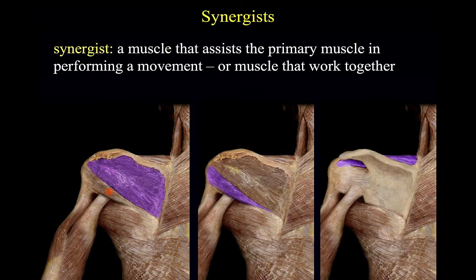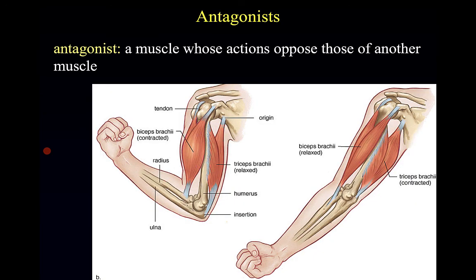We also then have what we refer to as synergists. If the infraspinatus is the prime mover of lateral rotation of the humerus, the teres minor is a synergist, as is the supraspinatus. So we could think about all three of these as working synergistically. And to be honest, for us, this is maybe the most important term, or one of the two important terms, because this tells us that we have groups of muscles that do the same job, and we can basically learn them together. Now the opposite of that is to be an antagonist, and here we have our great antagonist pair